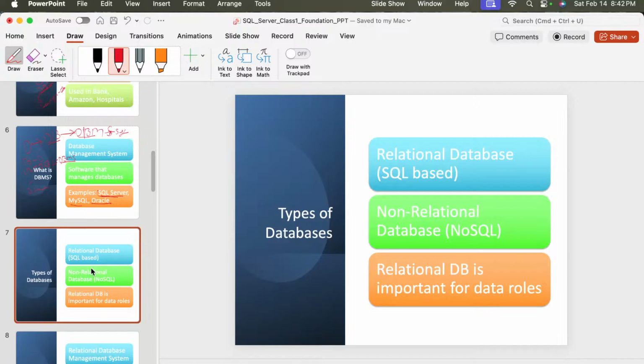So, features of a relational database: data is stored in a table and related using keys like a primary key and a foreign key. It's related to each other, right. We use the SQL language to communicate with that data, and there is a structured schema, a fixed design here, and strong data integrity here. So, let's take an example.